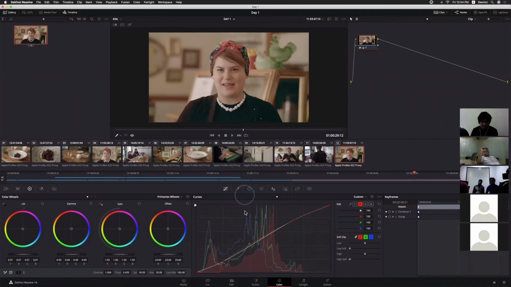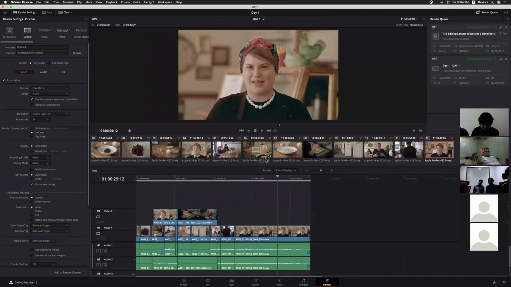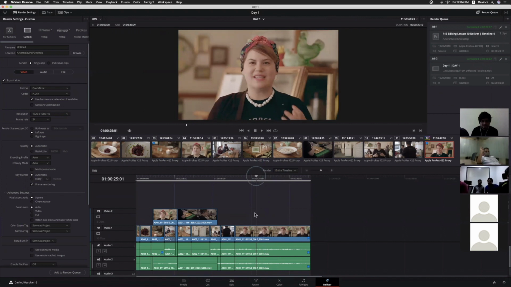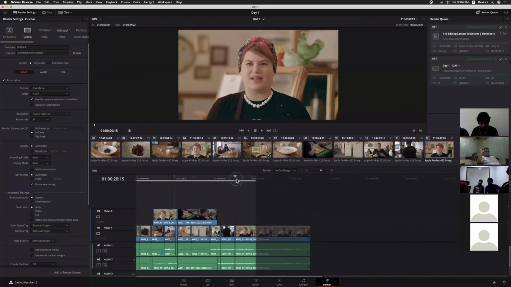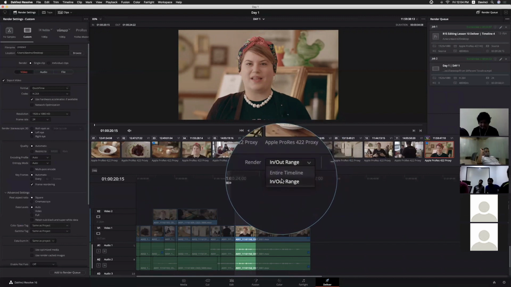And if you want to export an image sequence, we can do that from the deliver page. Let's set the in point and out point, and here we can choose the entire timeline or the in and out range.